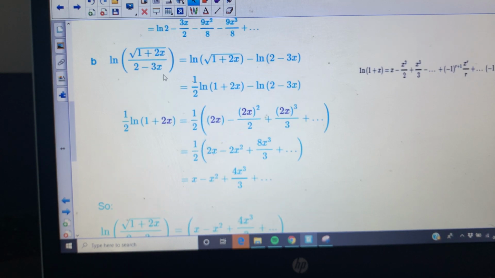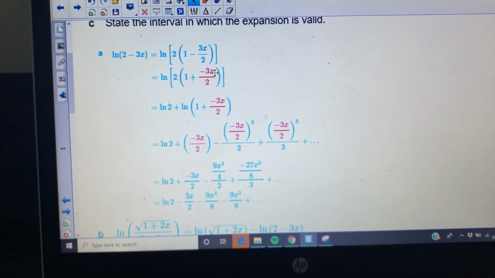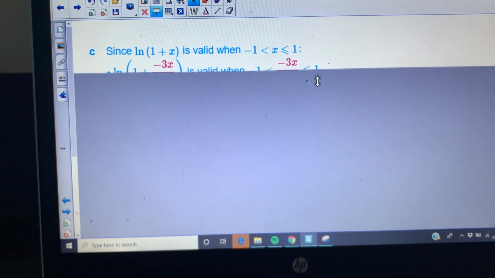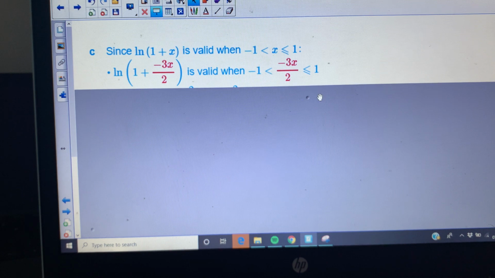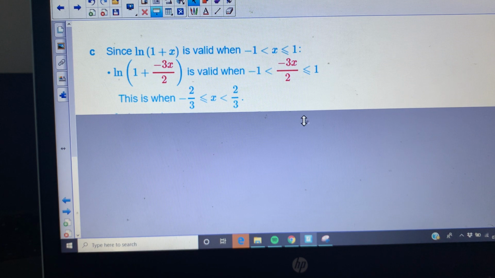And in this one, -3x/2 will have to lie between 1 and -1. So let's have a look how that pans out. So for your first bit here, that's multiplying all through by